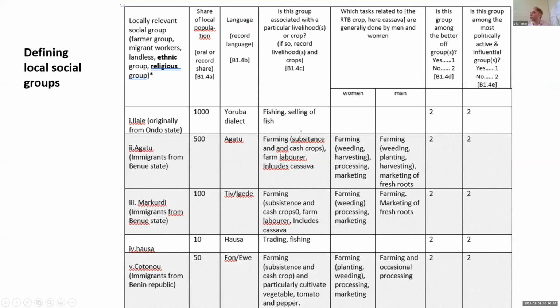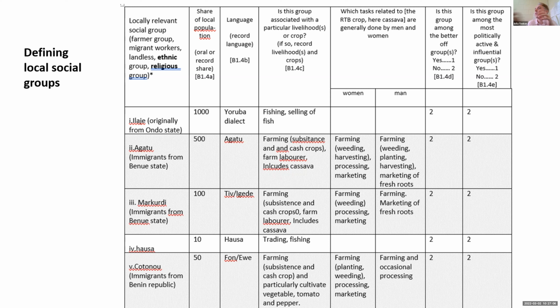And this is just a kind of sheet that we use at community level, because this is very important. In social science, a lot of times we have these categories like women, men, ethnic group, religion. But what we are doing here is at community level, we decide what kind of locally relevant social groups you can distinguish.